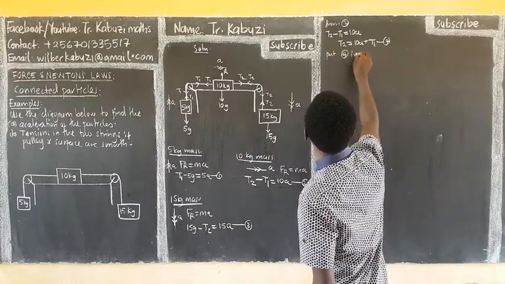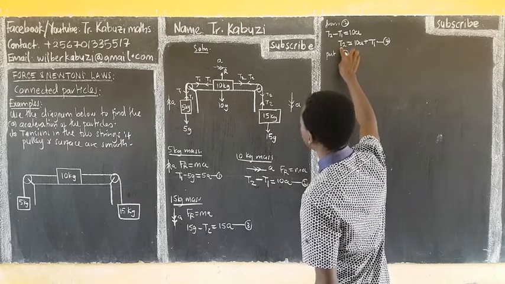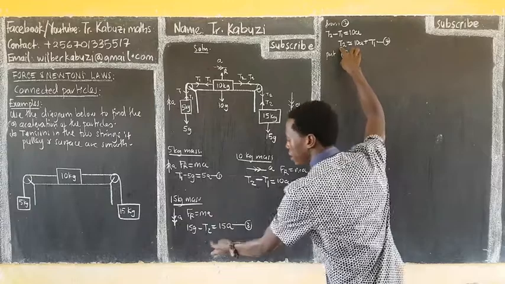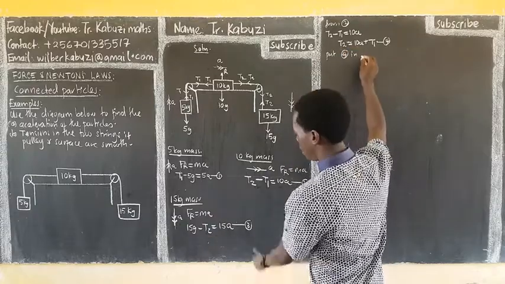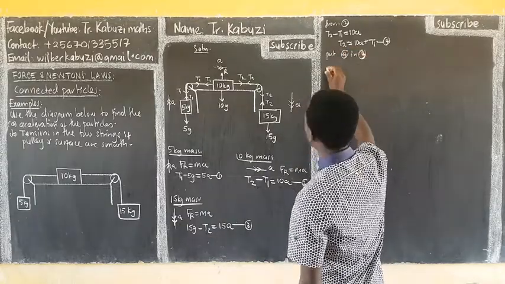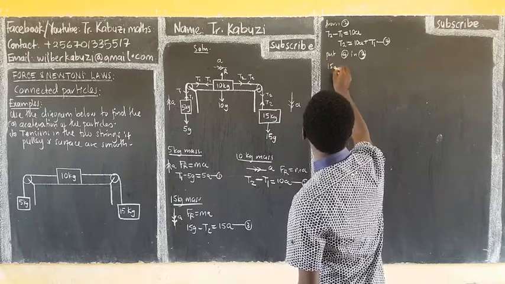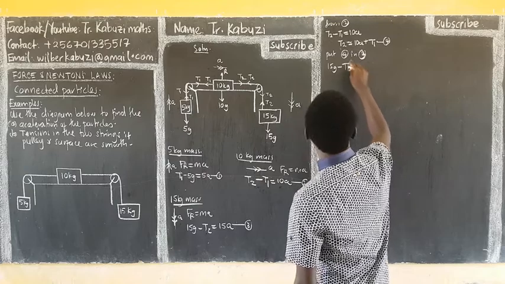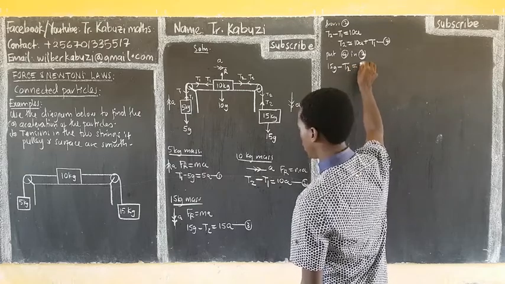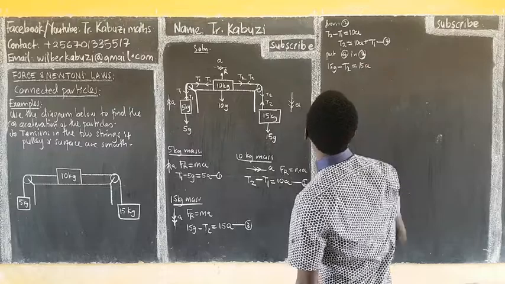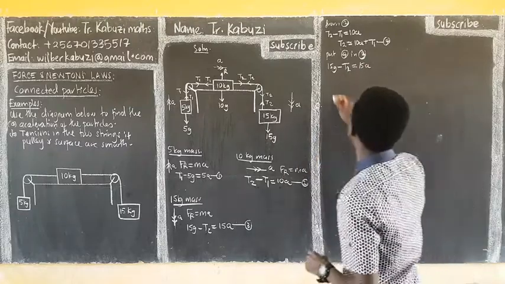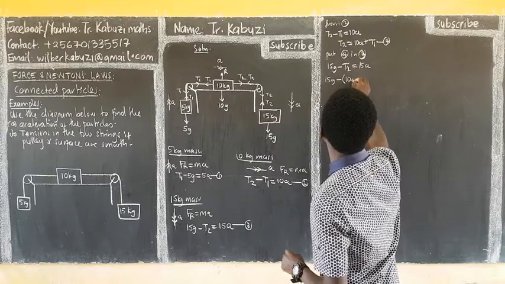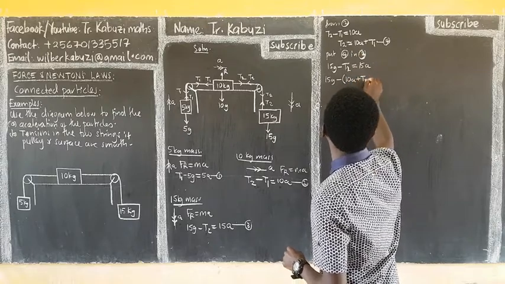So now we put 4 in what? Because I am making T2 the subject, I'm putting it here. Don't use this equation because it's what we are using. So now you put it here, in 3. What is there? We have 15g minus T2 equaling 15a. Now we put our T2 there: 15g, now minus our T2, which is 10a plus T1,